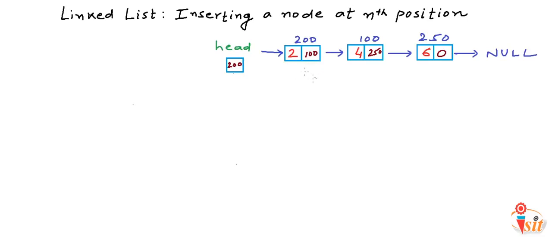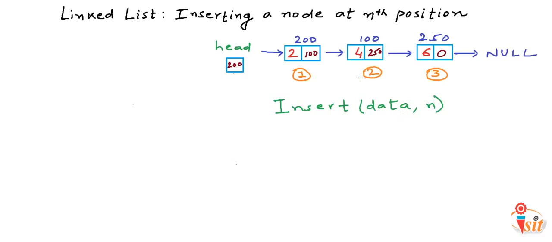Now let us say we number these nodes, we number these positions on a 1 based index. So this is the first node in the list, and this is the second node, and this is the third node, and we want to write a function insert that will take the data to be inserted in the list and the position at which we want to insert this particular data. So we will be inserting a node at that particular position with this data.